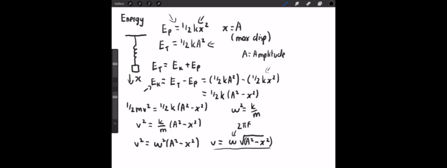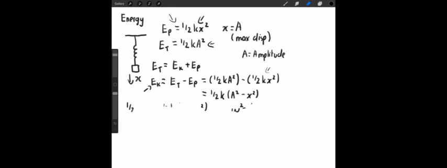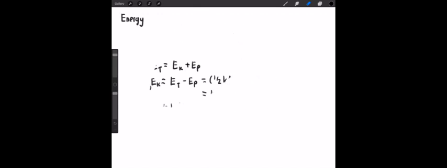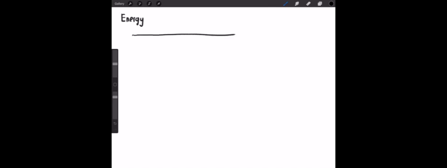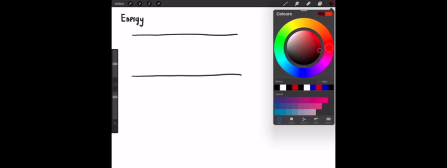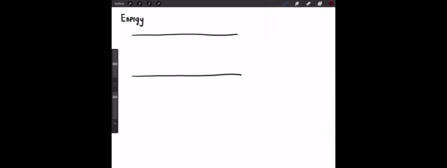Now, you can pause this if you want to have a closer look at this derivation, but I'm going to rub it out now. One thing that does come up quite often is how to plot a graph of the energy changes involved. So this is usually done as a rather strange graph like this, and we're going to have two lines. I did them in different colours, I think, to try and make it a bit better. One like that,